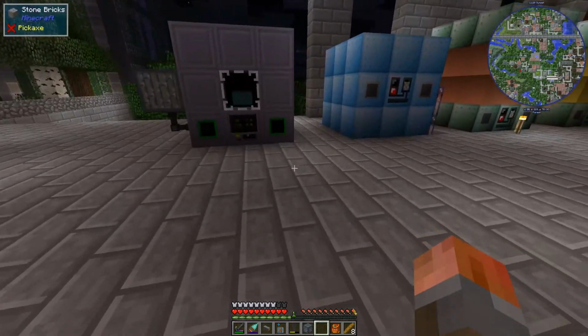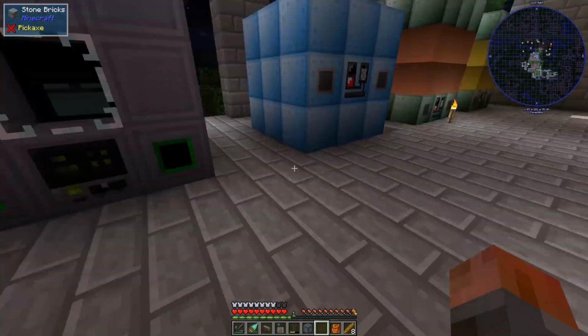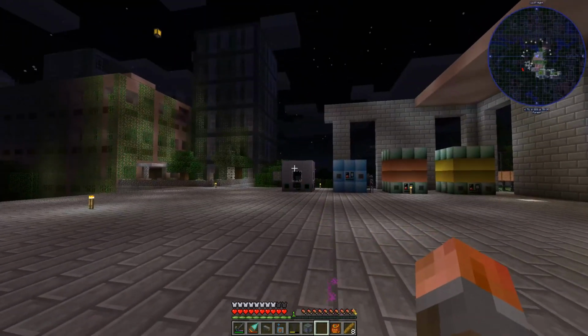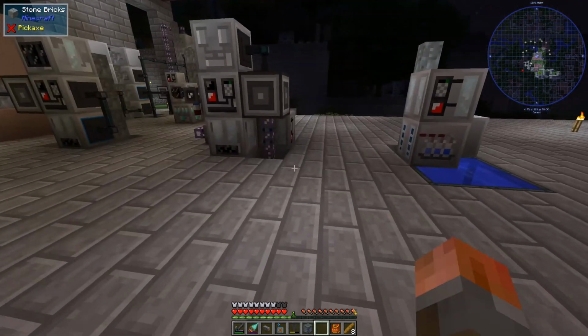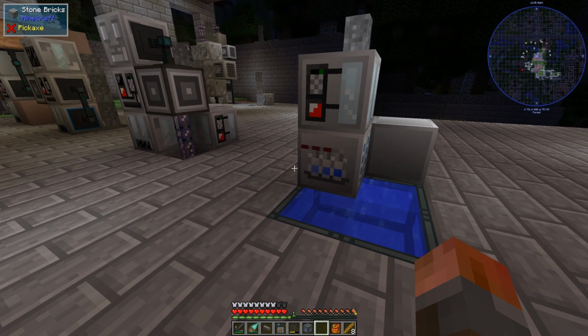Just one note is that the quest book says you need 15 of these casings. You actually need 16, just to actually build it. So yeah, just bear that in mind, in addition to all the other named things like the controller and the item inputs and outputs. Over here, I'm just going to get started with basically everything I need for the rocket